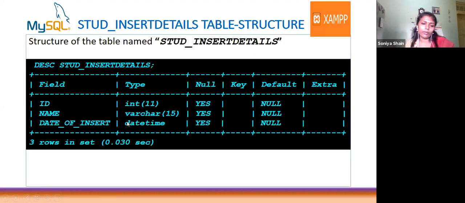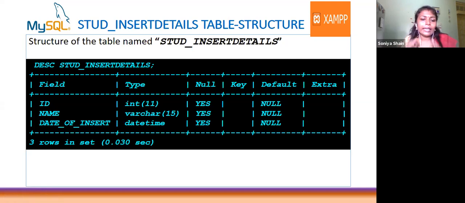So here what I have done is I have inserted the data into the table. For that updation in the student table, the data newly inserted, those details have to be stored in the other table named student underscore insert details. Okay, clear?